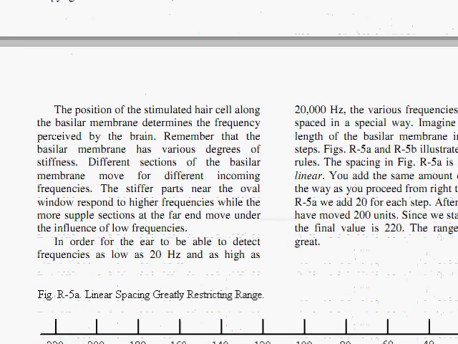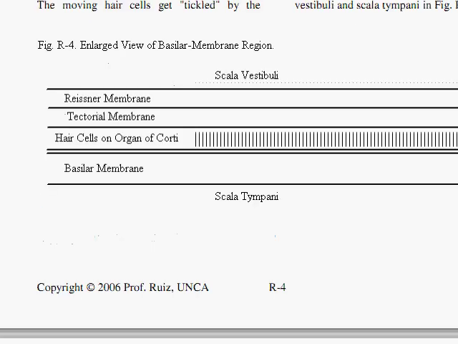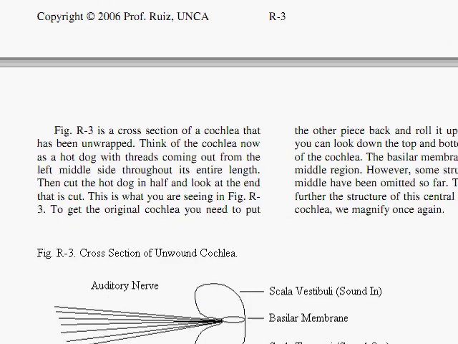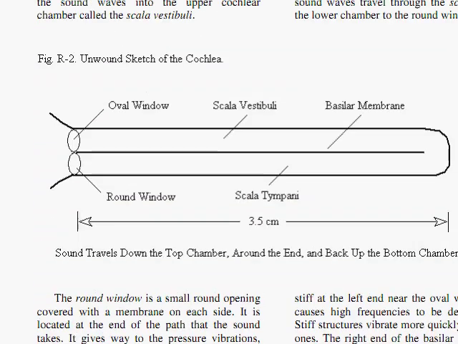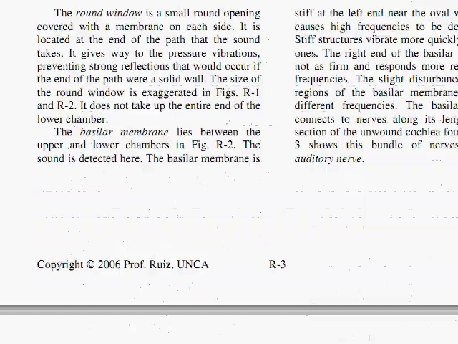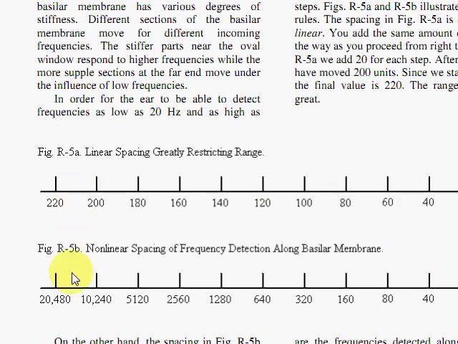The detection of sound. What about this arrangement of the frequencies? We said that over at the far right you have the low frequencies and here you have the high. So let's start here with 20. By the way, this length of the cochlea is 3.5 centimeters. 1 centimeter is the width of your little finger, roughly. So that's pretty small. And that distance of 3.5 centimeters covers all of the frequencies we can hear because the